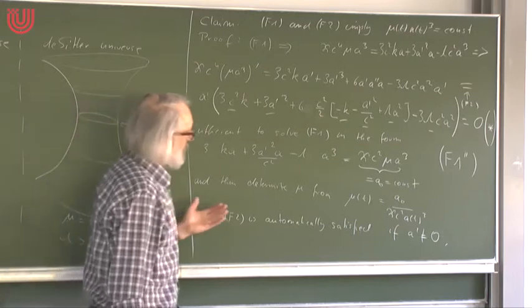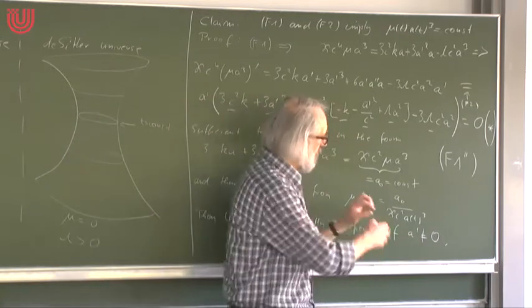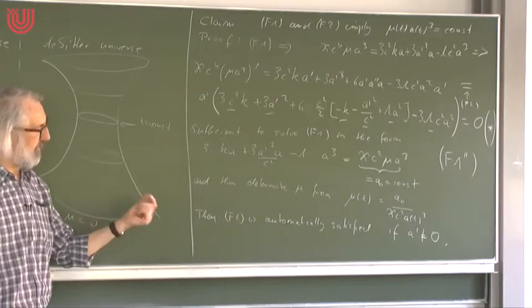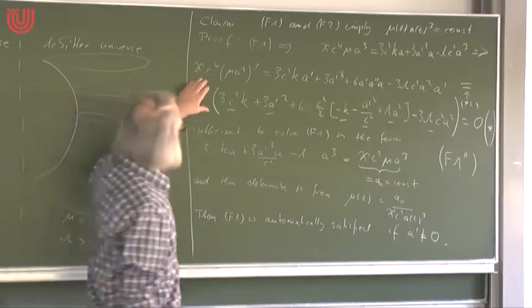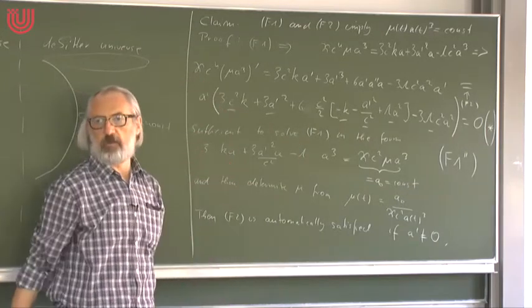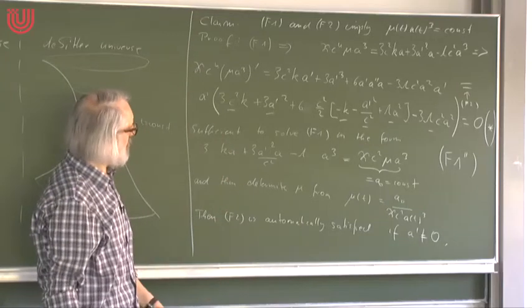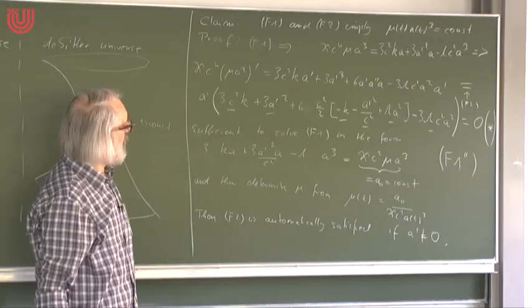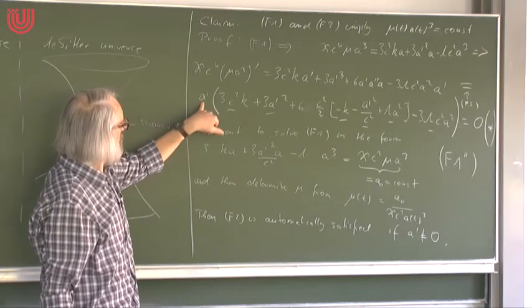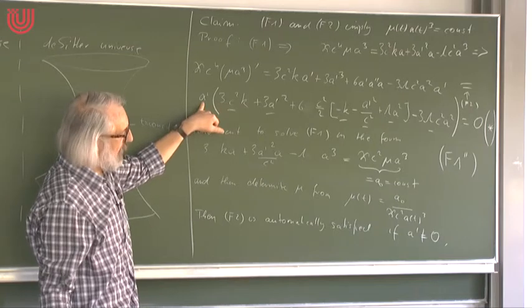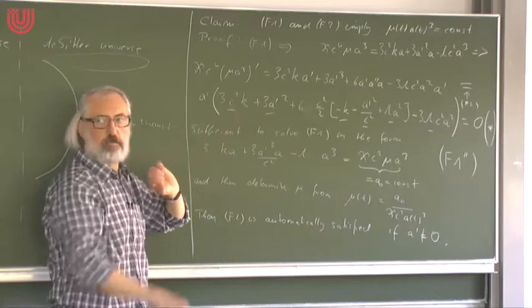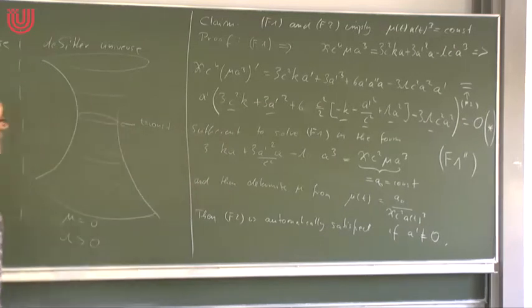Well, the relevant thing is that we have to exclude the case that a prime is really 0 on a whole interval. If it is just 0 at one point, then we can still consider these equations on open sets, and by continuous extension we can still apply the argument to the whole solution. So this matter of not being allowed to divide by a prime becomes relevant only if a prime is really 0 on a whole interval. So isolated zeros don't matter. So for this case it works. Okay,